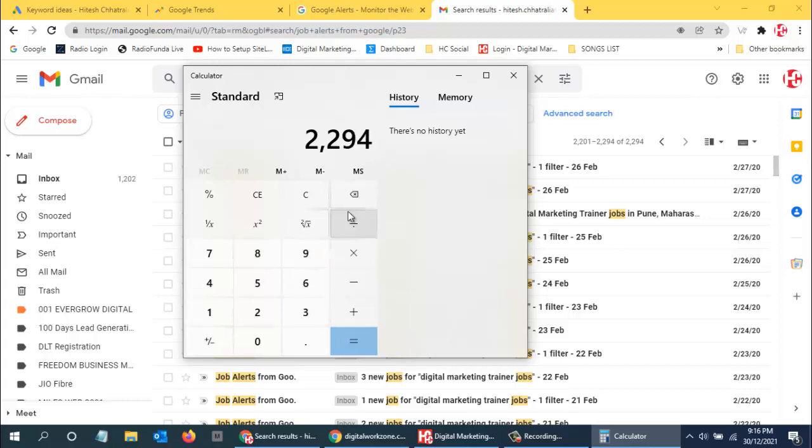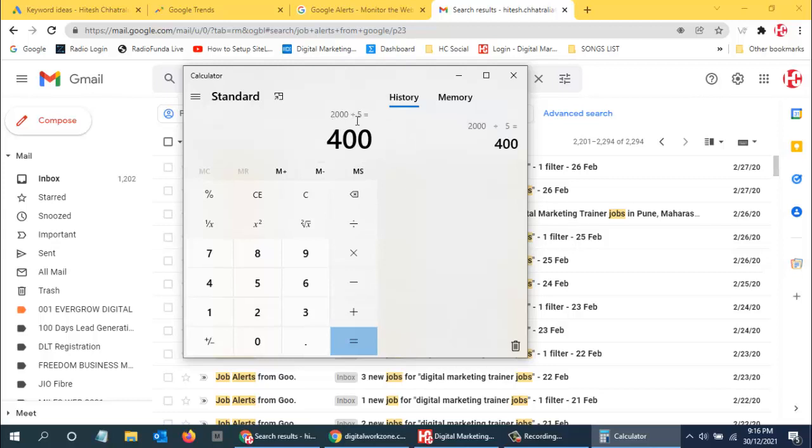Maybe 200 emails might be something else. So we consider only 2000 emails. So 2000 divided by 5, because in one day I get 5 emails. So this is the unique emails that I get.